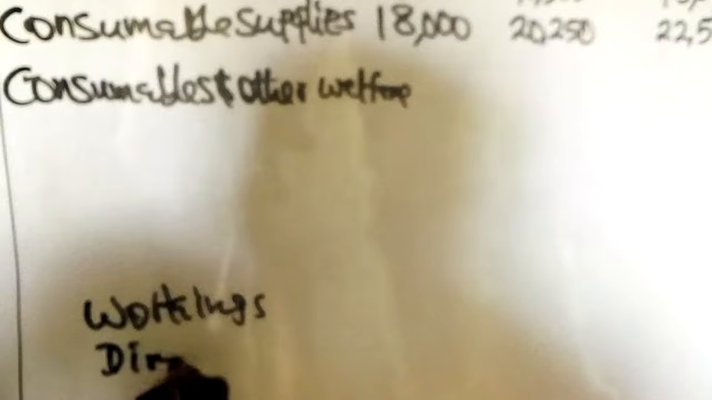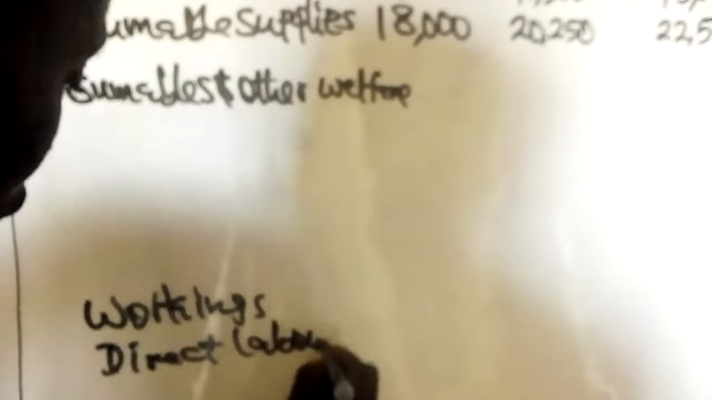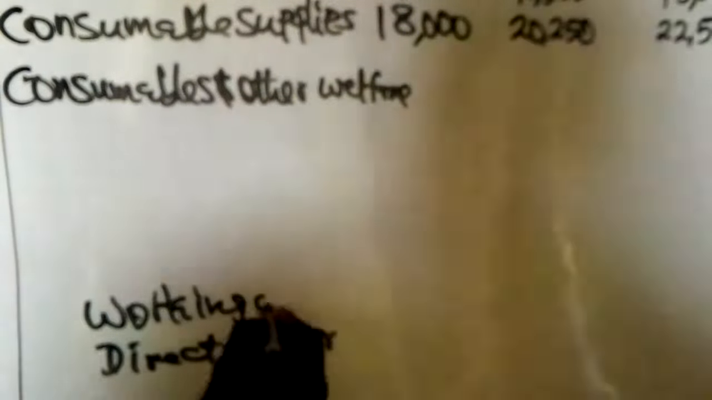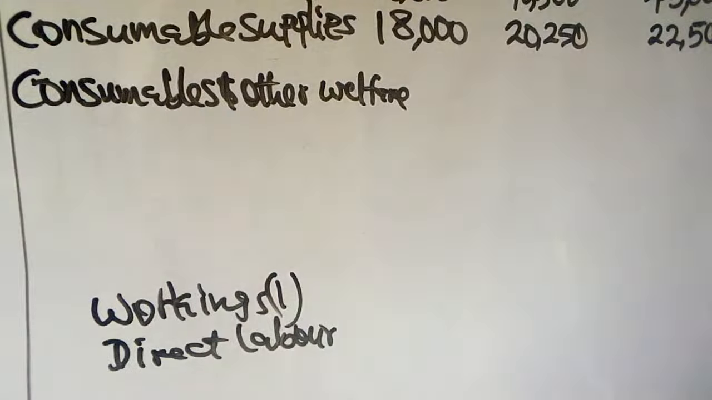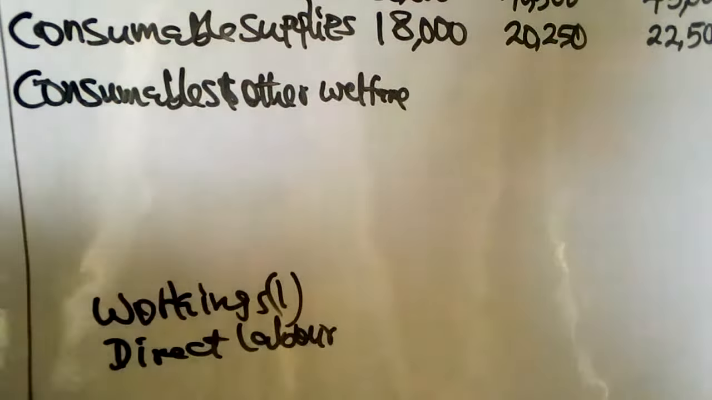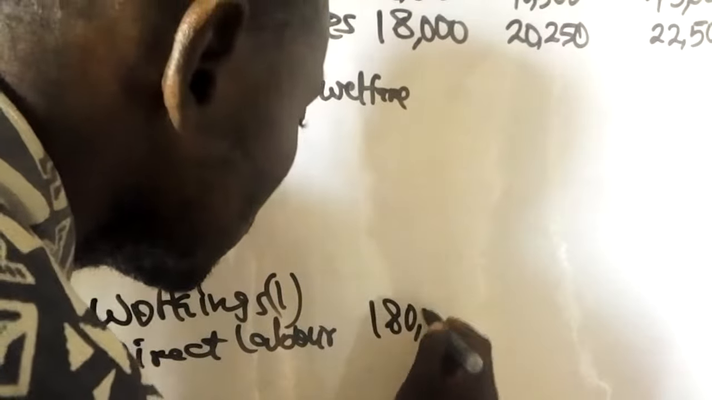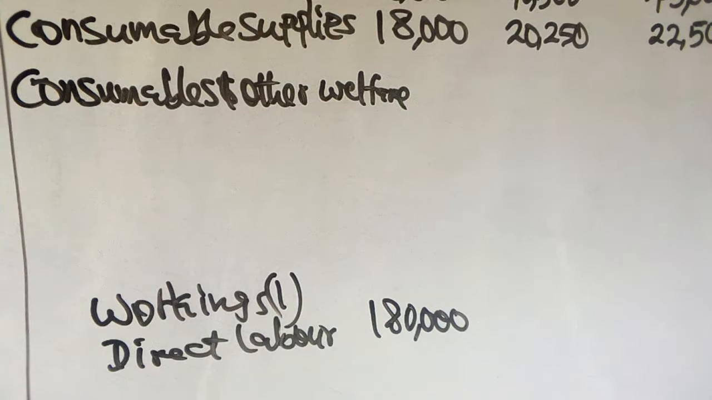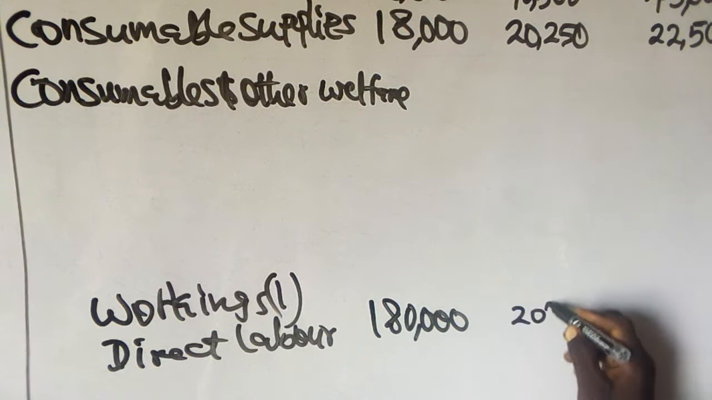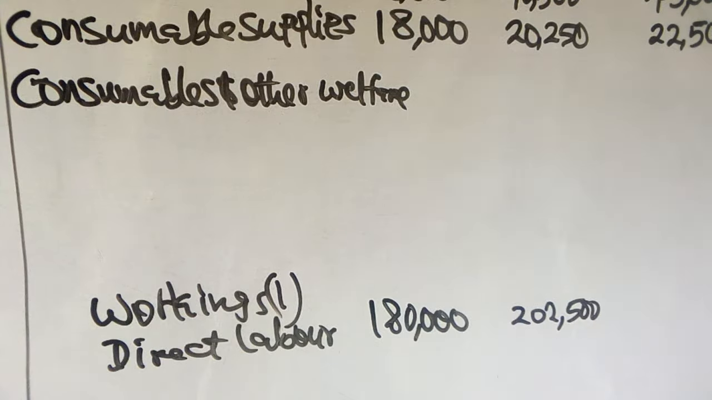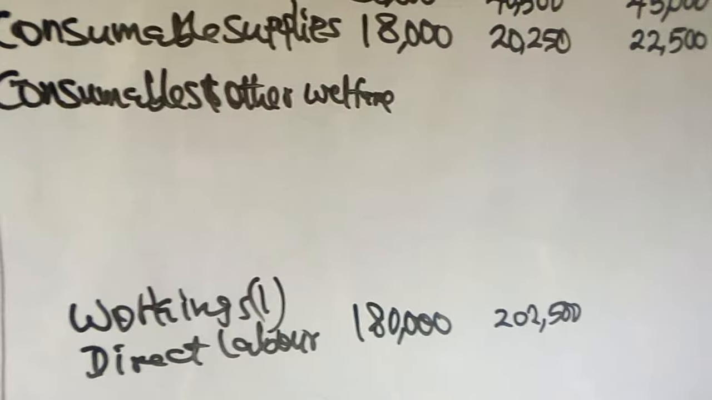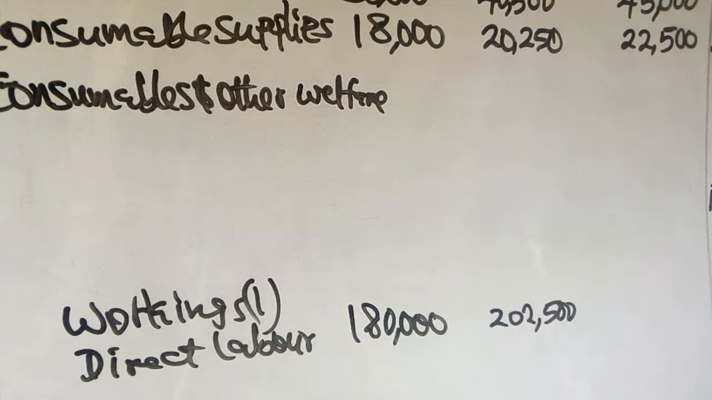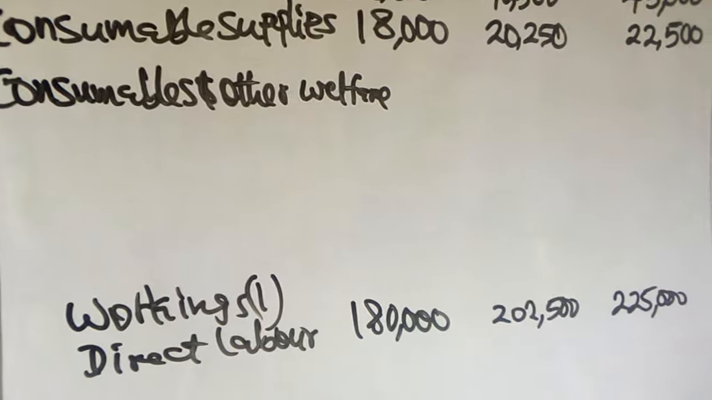Direct labor. Let me say working one. Direct labor, you have 180,000, then we have 202,500, and then we have 225,000. Then we also have indirect